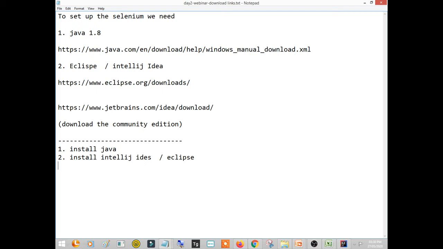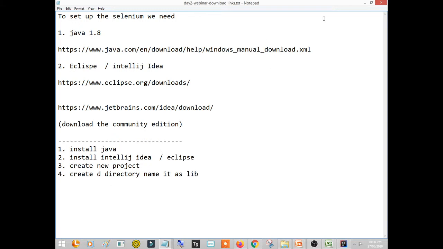Then create a new project, then create a directory, name it lib. It is not a standard name, you can give any name, but generally for the libraries we give the name lib, right?